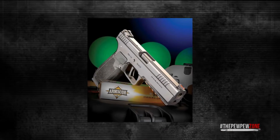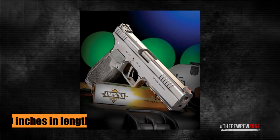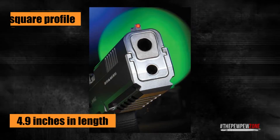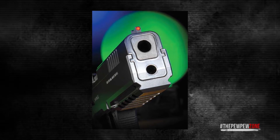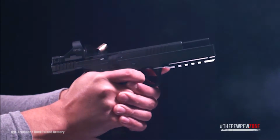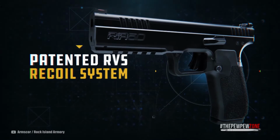And what makes it even more interesting is, if you look really close, its full-size barrel, which measures 4.9 inches in length, has a bit of a square profile. You won't notice it at first glance, but if you check the muzzle, you'll see it. It reportedly uses a linear recoil system of sorts that doesn't require the barrel to tilt to chamber a new